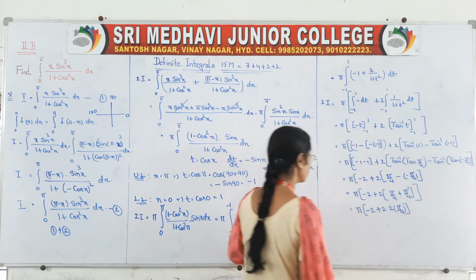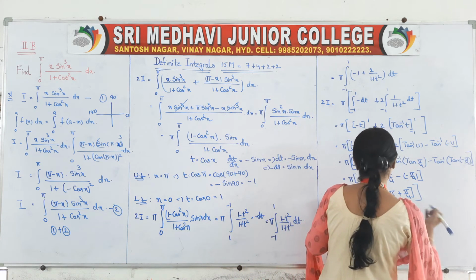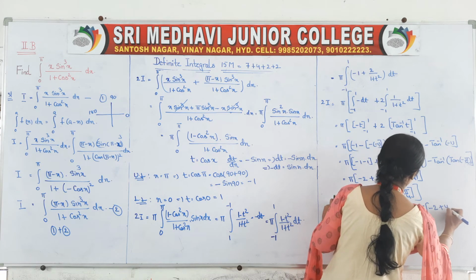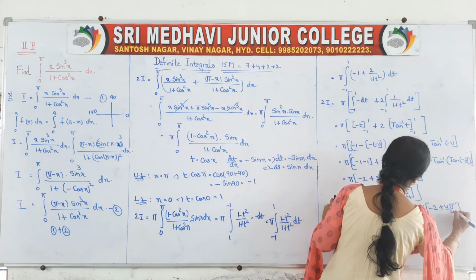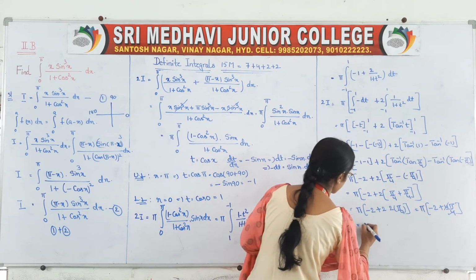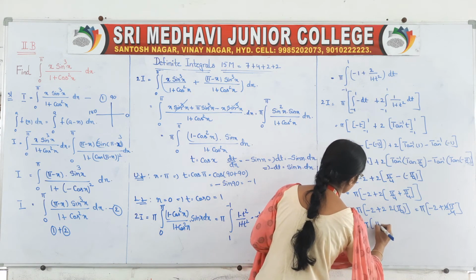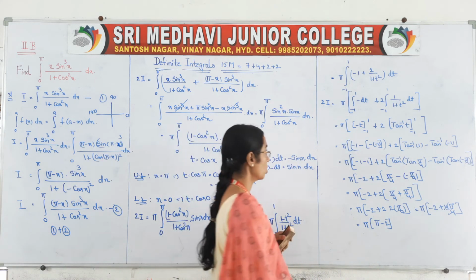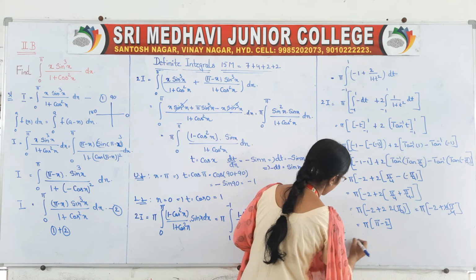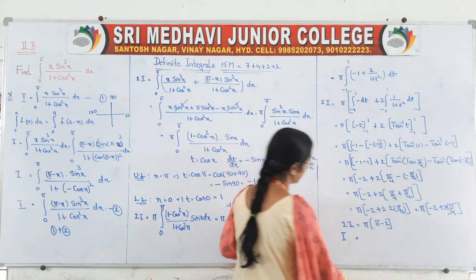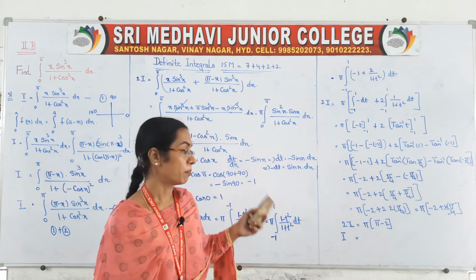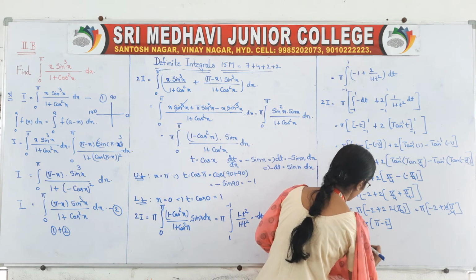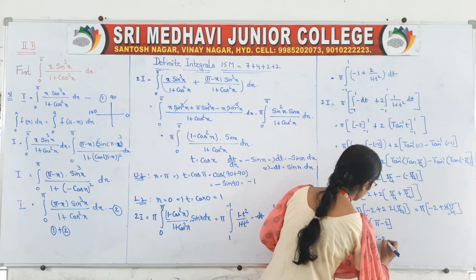2 times pi by 4 means it is 2 into 2, right? Pi into minus 2 plus 4 pi by 4. 4 cancels. So it is equal to pi into, generally first we will write the positive term, pi minus 2. Now we want only I. This is your 2i. Generally we will get 2i, but we want the I value. So send the 2 to that side. So it is pi by 2, pi minus 2.